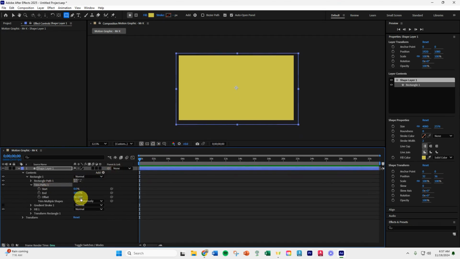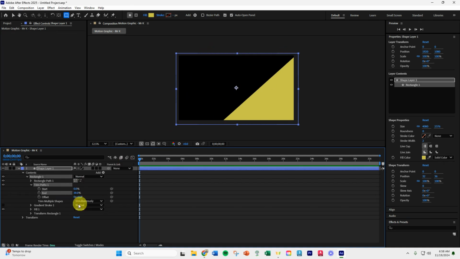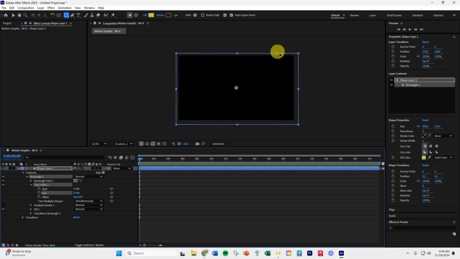And what we want to do is, okay, our timeline bar is here. We're going to animate this, but we're going to set this at 0%, okay? And if you notice, what it's doing is it's swiping this down in an angle, because here's our degrees for the circular angle here for the offset. It's swiping this down and turning off the rectangle until I get to 0%. Now the rectangle is 0% visible, and right now it's doing this from the